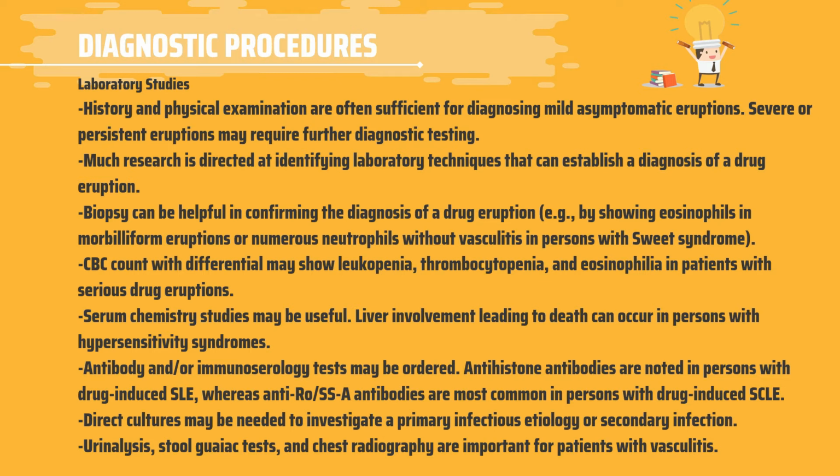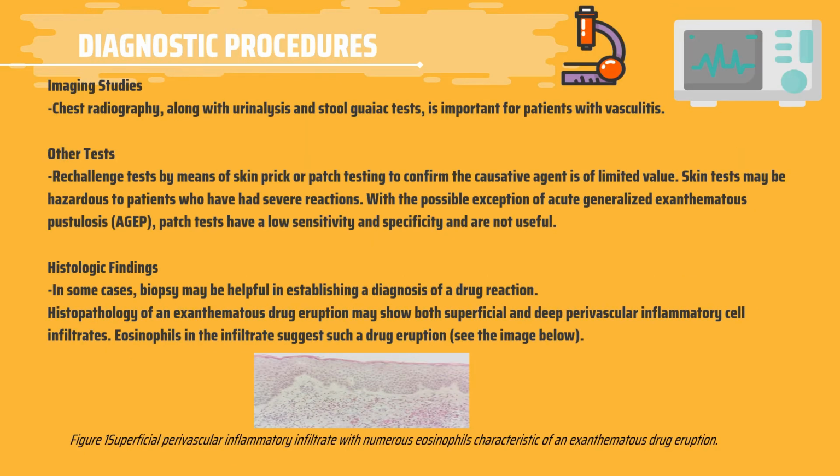Direct cultures may be needed to investigate the primary infectious etiology or secondary infection. Urinalysis, stool guaiac tests, and chest radiography are important for patients with vasculitis. In imaging studies, chest radiography along with urinalysis and stool tests is important for patients with vasculitis. In other tests, rechallenge tests by means of skin prick or patch testing to confirm the causative agent are of